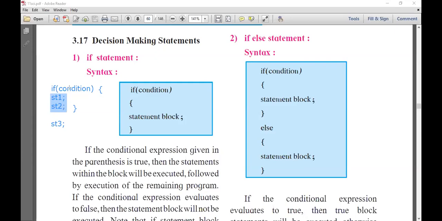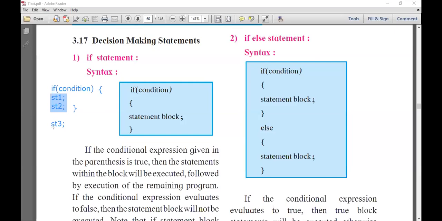If condition evaluates to true, then statement 1, statement 2 will execute and statement 3 will execute. Means all statements will execute when condition is true.